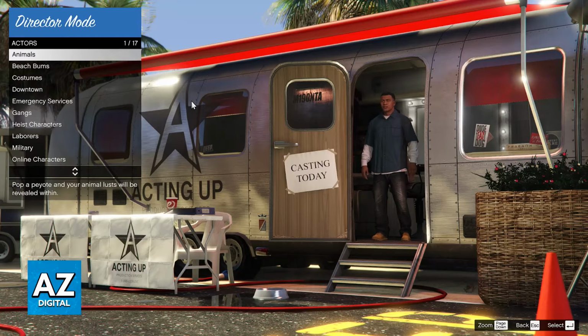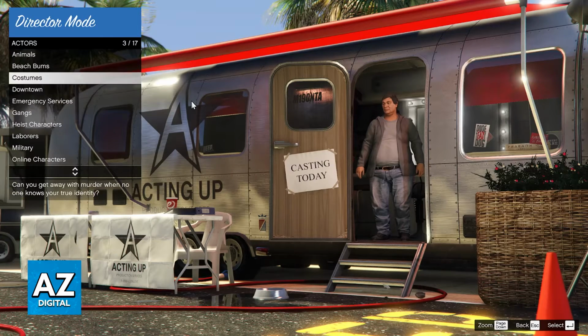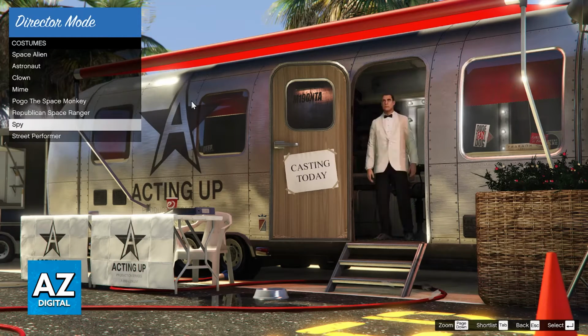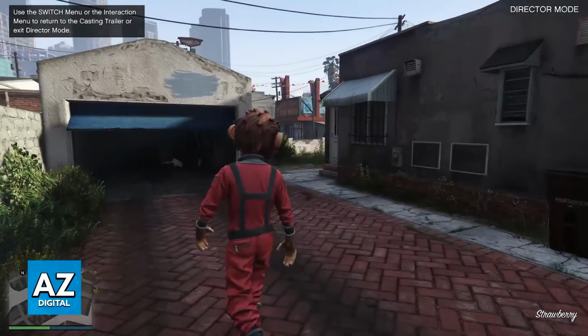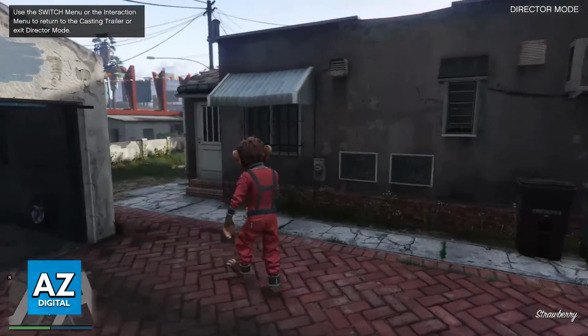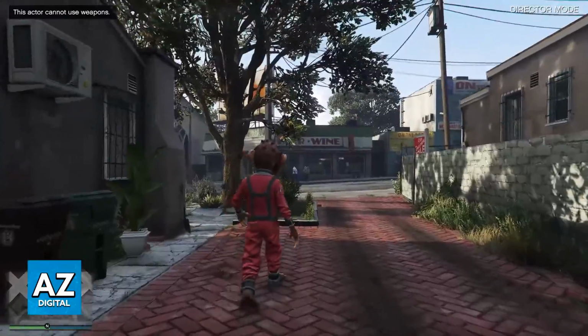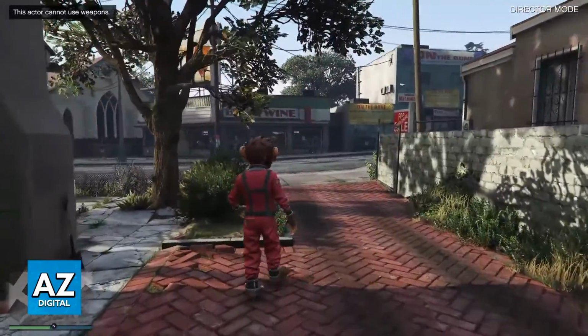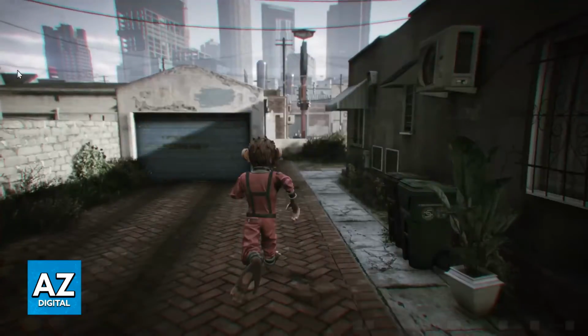And now, once you are inside of Director Mode, you are free to explore all of the options. So you will be able to browse through all of the actors that you can access. So as you can see, you have different outfits. You can choose from any of them, and you will load in the map for GTA 5 Story Mode. You will be able to browse through everything available here, and you will be able to play and record. You will see the Director Mode logo at the top right corner of the screen, and some actors will be able to use weapons, you will be able to load vehicles, and so on.